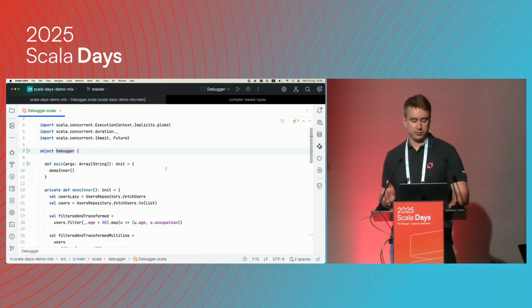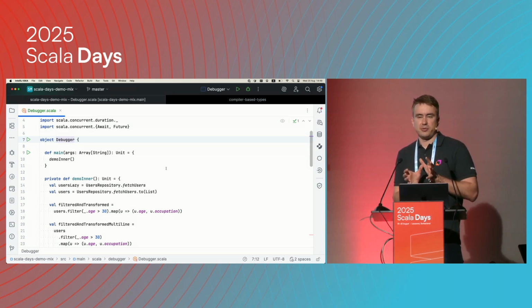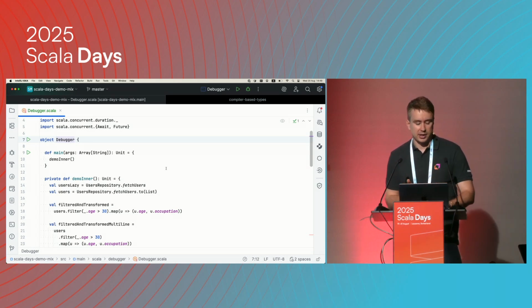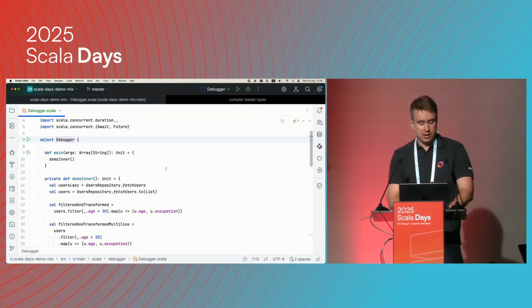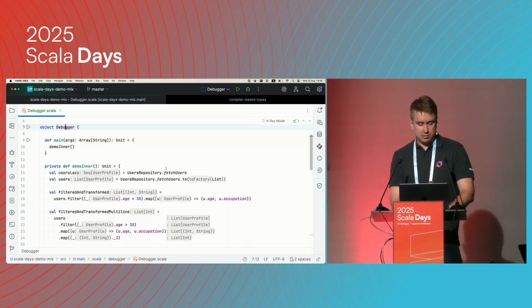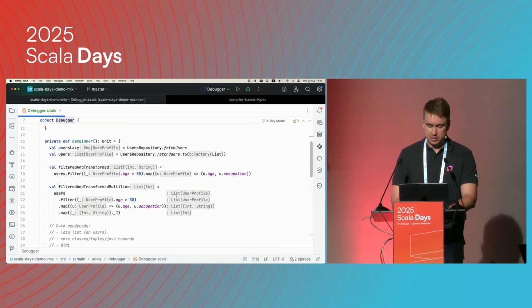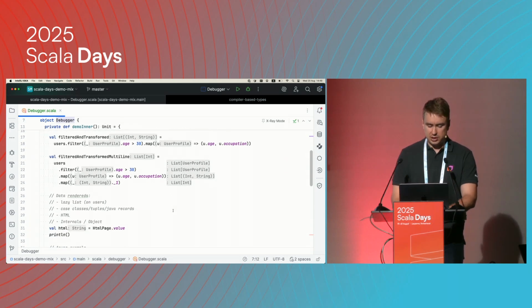You do not see a lot of inlay hints that can frequently, in a complicated code base, mix up your formatting, and the code might not look nice. So if you want to see some insights about your Scala program, you can simply press double Command, or double Control on Windows or Linux. And you can see a lot of useful information, some implicit conversions here, what is the type of a method call chain,